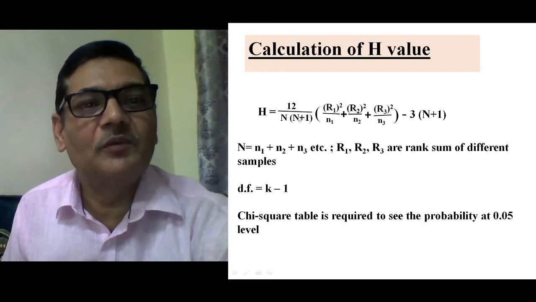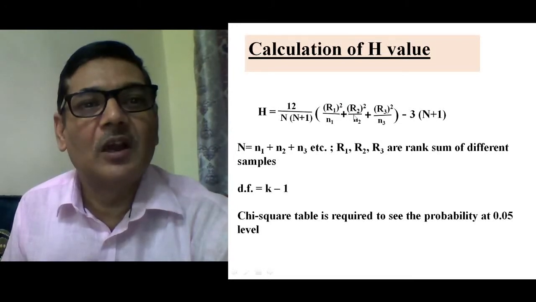And the formula used for the calculation is a very simple one. It is H equal to 12 divided by capital N into N plus 1, where capital N is the total number of observations of all the samples. That is why it is denoted in capital N. This entire figure will be multiplied with R1 square divided by N1, where R1 stands for the rank total of sample 1. That will be squared, and it will be divided by the number of observations of that specific sample, sample 1,